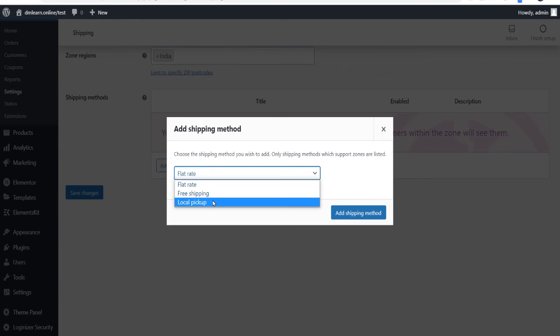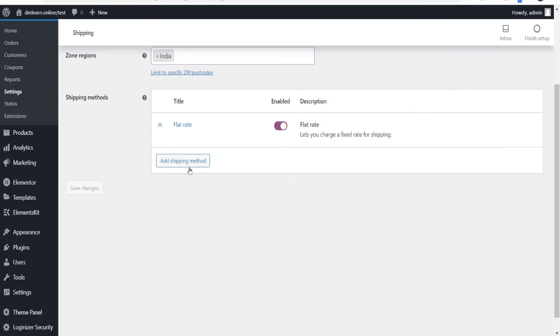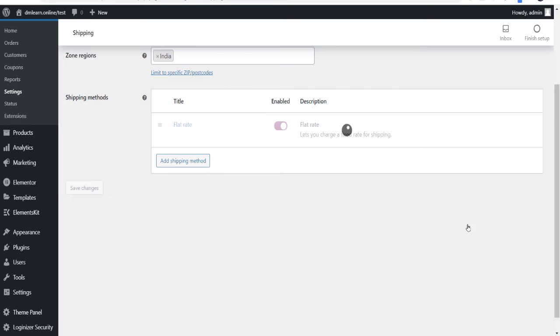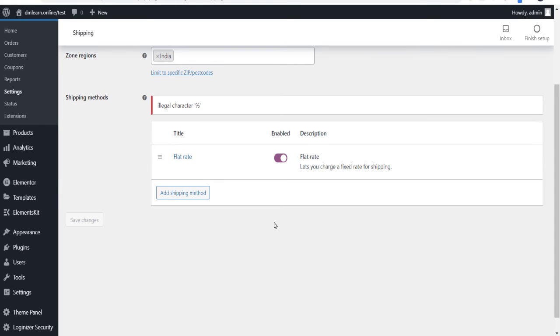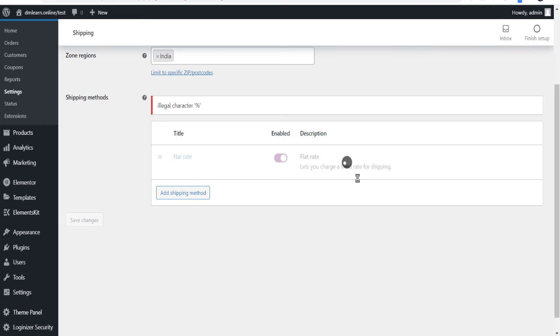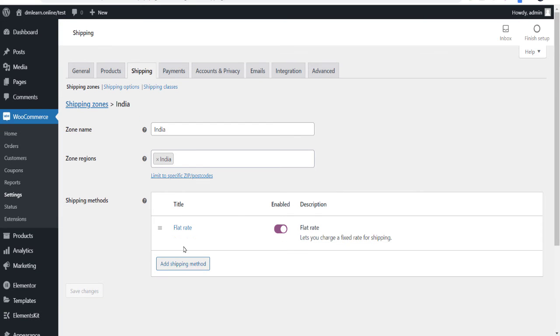Flat rate, 18%. So this is a flat rate. Every customer has to give me 18%. Clear? Also I have added India.